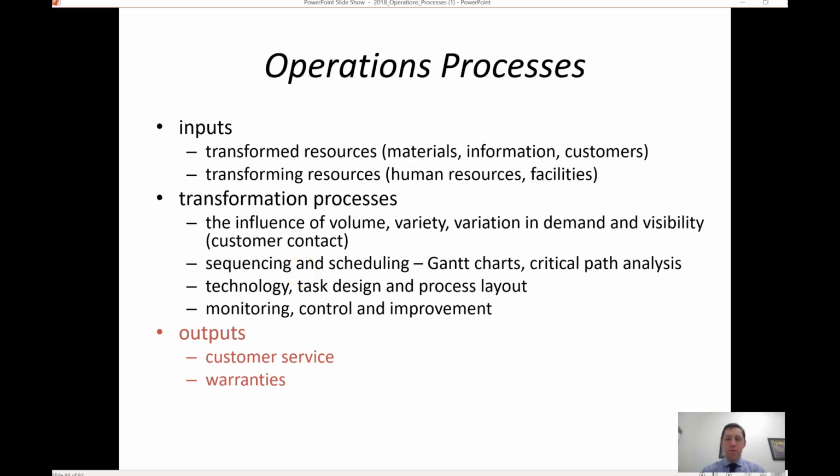Okay, here we're going to cover the last element of operations processes. So I've looked at the inputs that are key to the operations process in terms of transforming. We've then looked at the transformation process and some of the key facets or areas that a business needs to consider to turn those inputs into their outputs. And lastly, we're going to have a look at outputs in the context of customer service